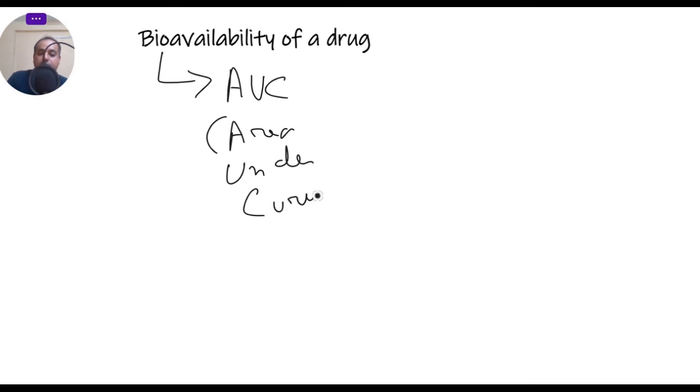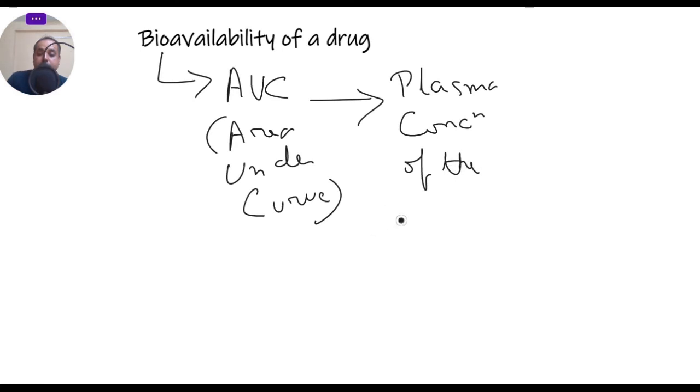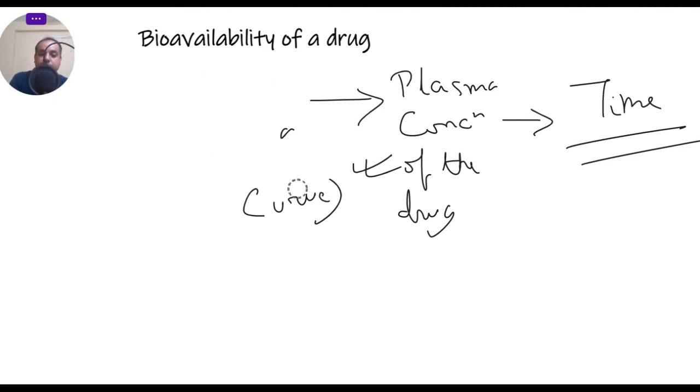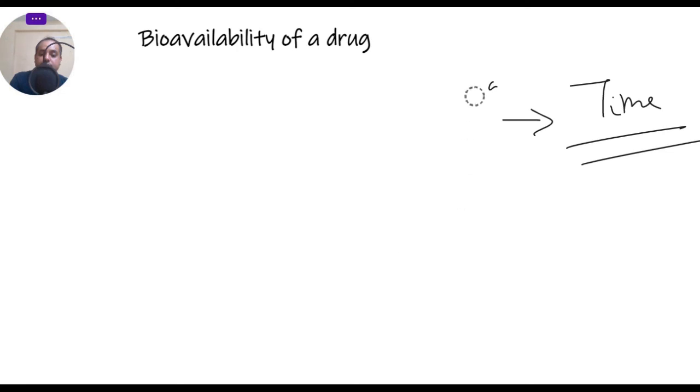The area under the curve of a graph that is plotted between the plasma concentration of the drug and time. So the area under the curve plotted between plasma concentration of the drug and the time will give you the bioavailability of the drug. The next thing that we have learned is